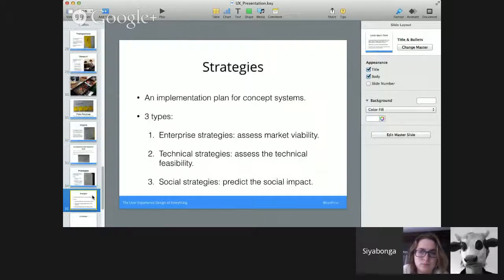Once again, there's three types. You have enterprise strategies, so these will assess the market viability of the idea that you came up with. And then you have the technical strategies, so this assesses the technical feasibility. So whether an app will be on the iTunes store, or whether it'll be on the Android store, or whether you've got to do a combination of both, or maybe you've got to go simply for a full-on HTML5 solution. And then social strategies, these have a much bigger cultural impact, and they predict the social impact of